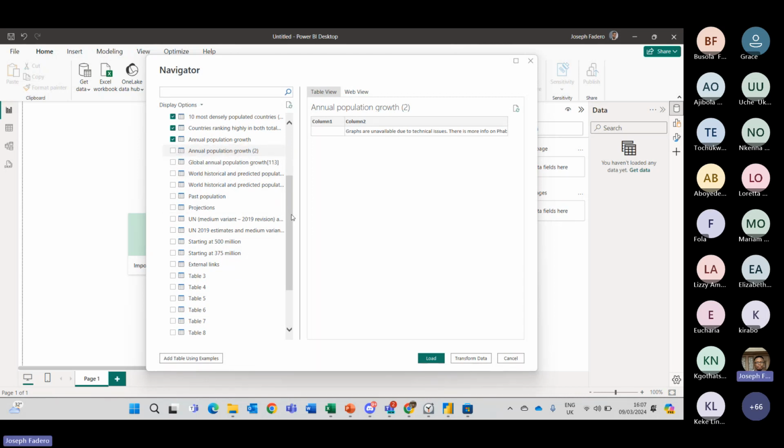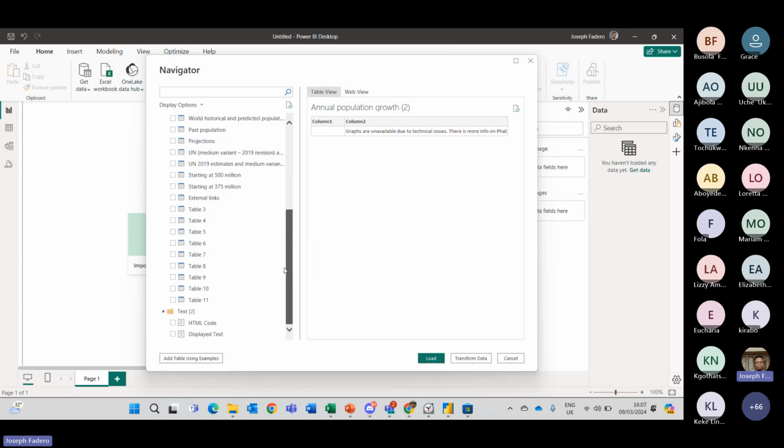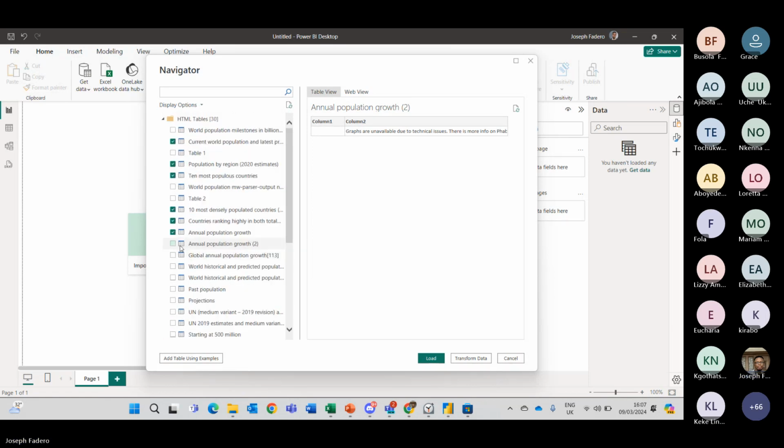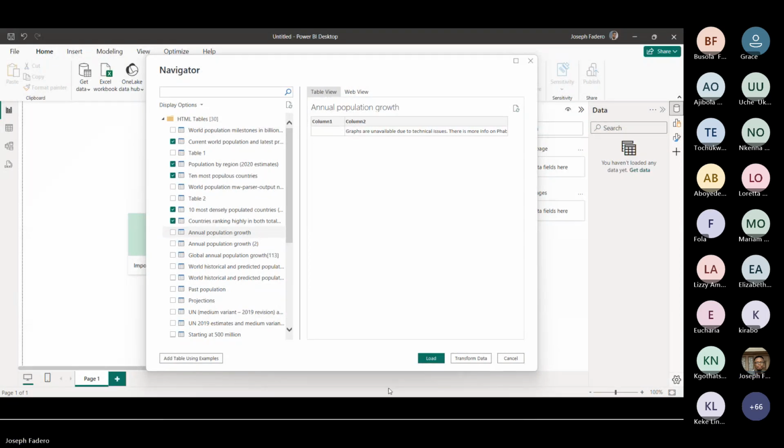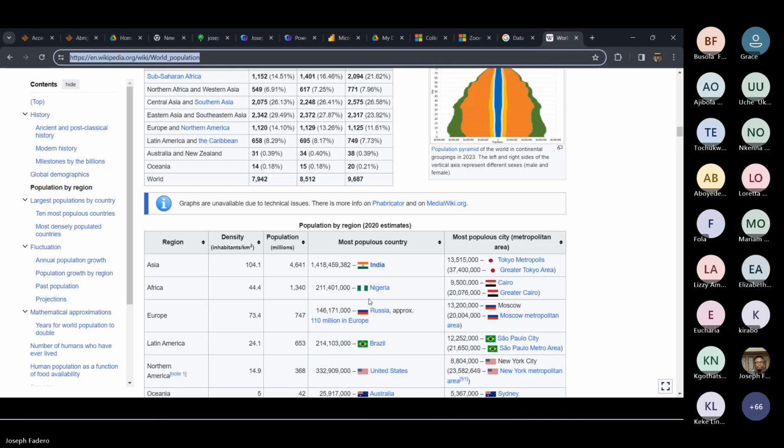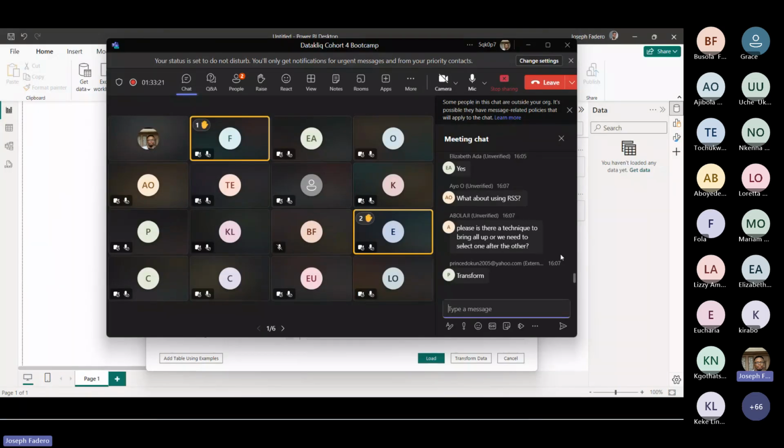And the moment I'm good with the data, I want to ask us at this point, at this level of information I've selected, what do I need to do next? Like a recap, we've done a bit of Power Query before, but what do I need to do next at this point? Let me see my people in the chat.